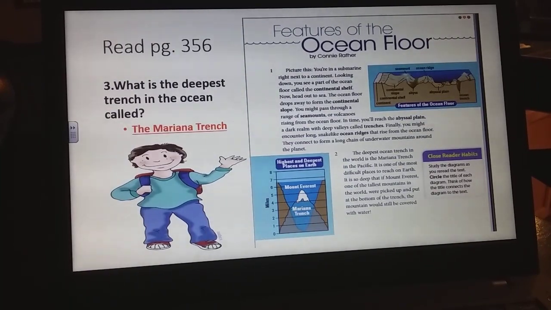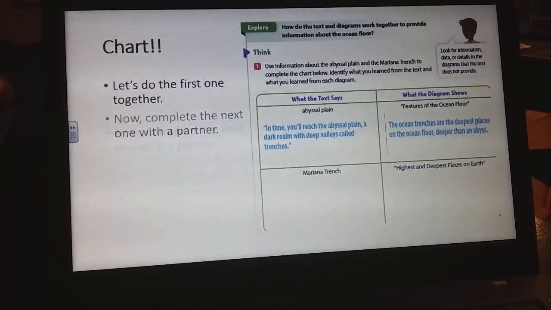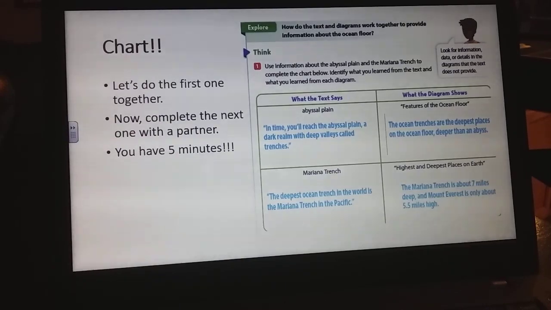7 miles deep, the Mariana Trench. You can see that on the diagram there. And then it says Mount Everest being about 5.5 miles high. So you can see this from the diagram here. That's exactly what the text explained to us, that's what we put on the chart, right? Now,